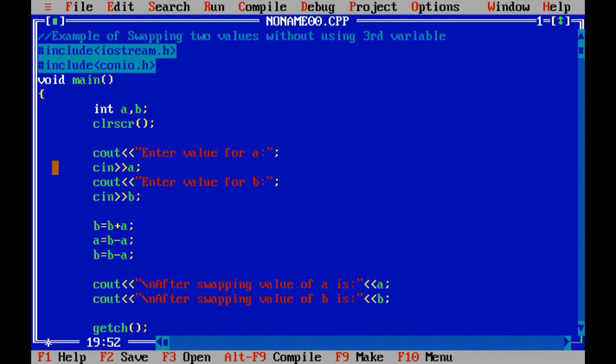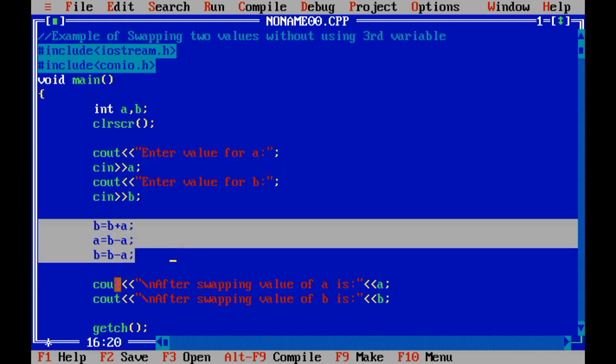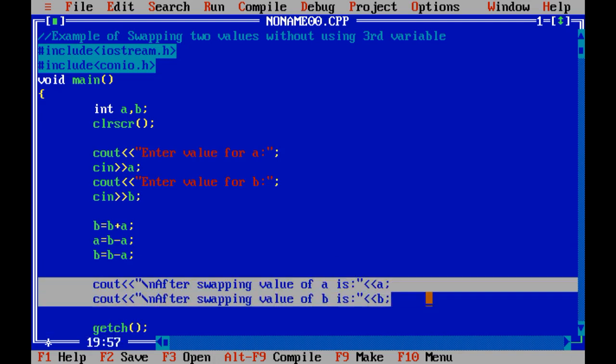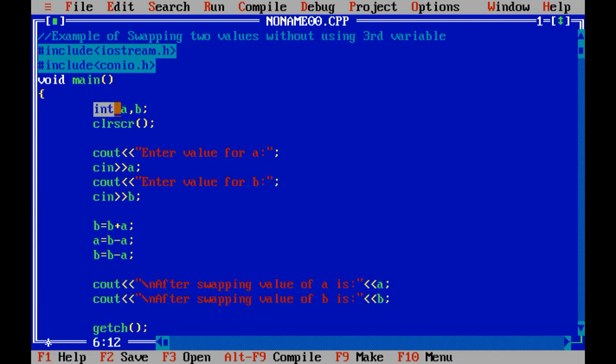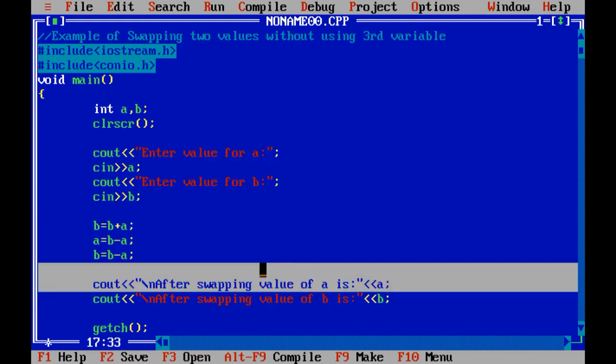So you can see that each and every program contains three things: number one, input statement, processing statement, and output statement. First of all, you need to define which data type you require. You need to declare, then the names of variables, then the input statement, processing on it, and output.